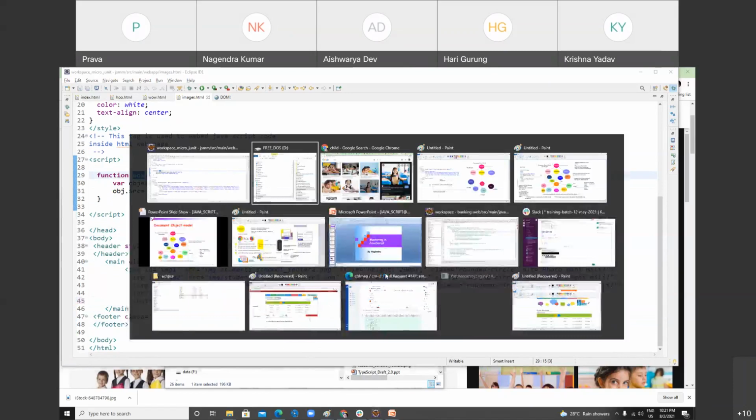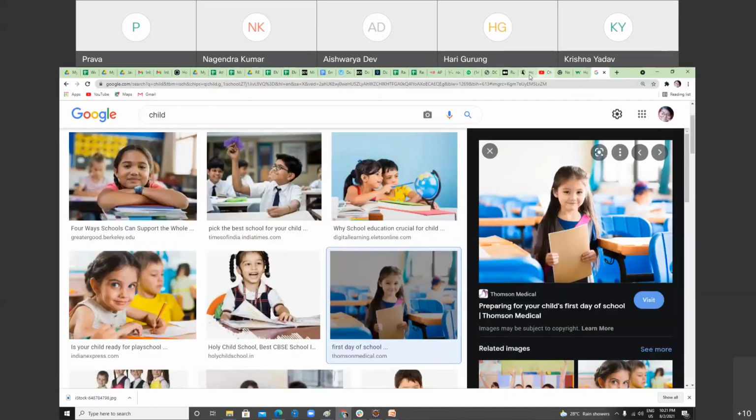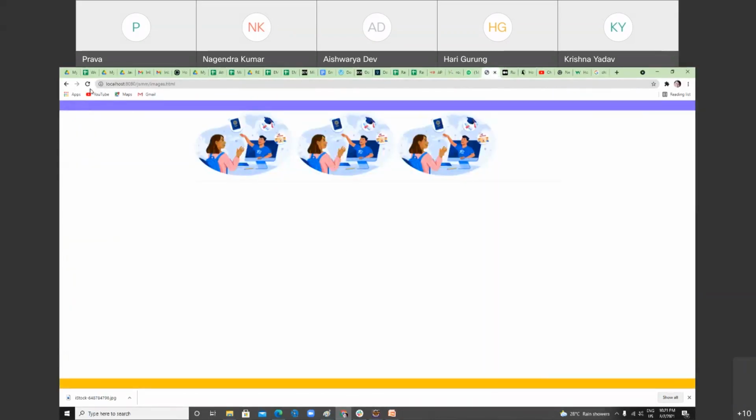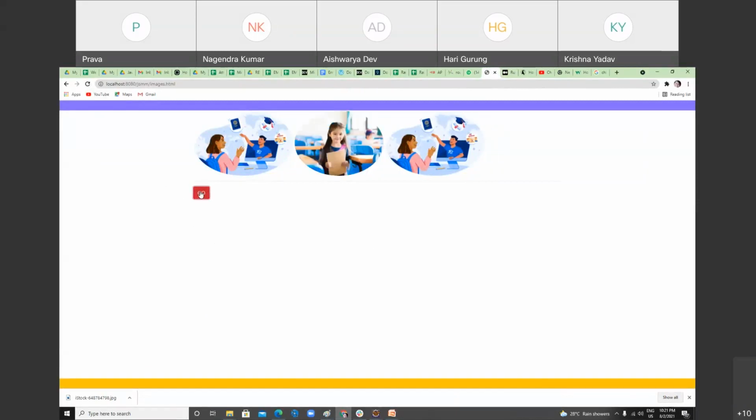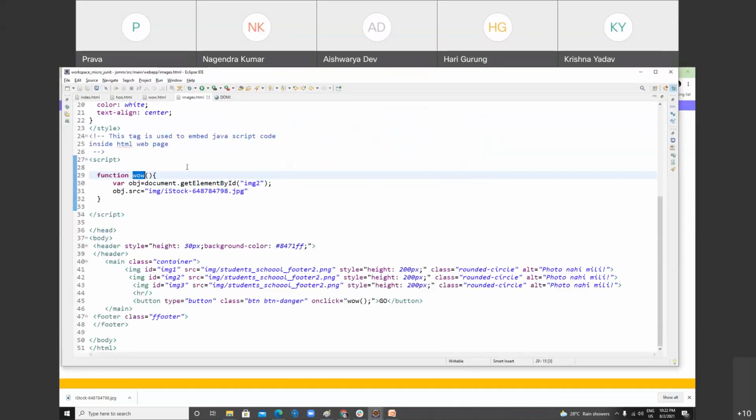If I run this page, Aishwarya, what should happen? Refresh it, and when you click on it, this image should be replaced by the child image. Done. So is this clear or did you get confused? Got it, sir. So what I want is